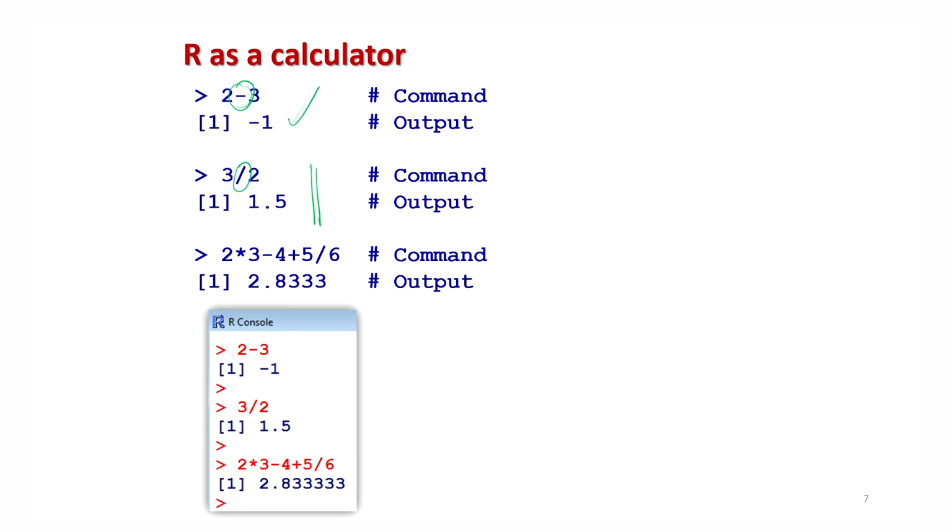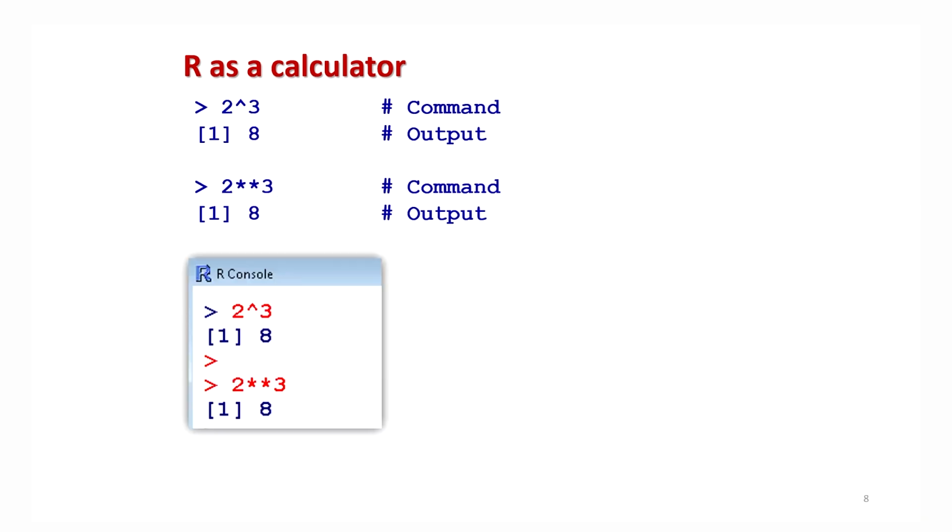Similarly, if you want to use any combination of these operators, plus, minus, etc., that can also be used, and in order to do it, the R software always follows the BODMAS rule. The BODMAS rule which you learned in your childhood is followed in all mathematical computation, and here you can see the outcome. You can verify how it will look. Now if you want to write 2 cube, 2 raised to the power of 3.